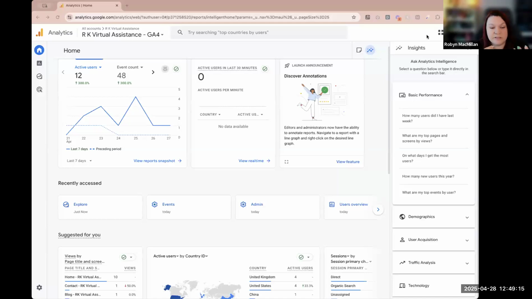So what you need to do is to create your analytics account. You go to analytics.google.com, and then you create or select your account. So what that means is when you log in,